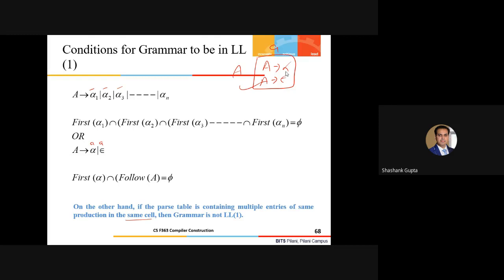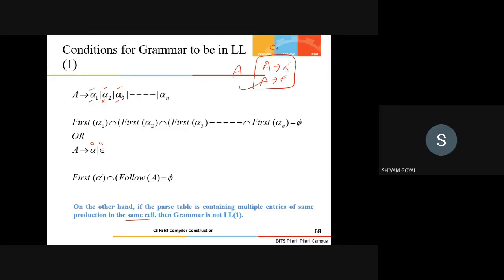Because my goal right now is, if I find at least one common entry, I'll immediately raise a flag and say it is not LL1. Fine? Sir, but it is possible now that... What you are saying is not incorrect, I'm not denying that, but what I'm saying is also correct. So we can take pairwise permutations and combinations, but what exactly are we doing in pairs? We are just achieving whether it is LL1 or not. We are finding whether a common set of tokens is derived from any of these categories or not.